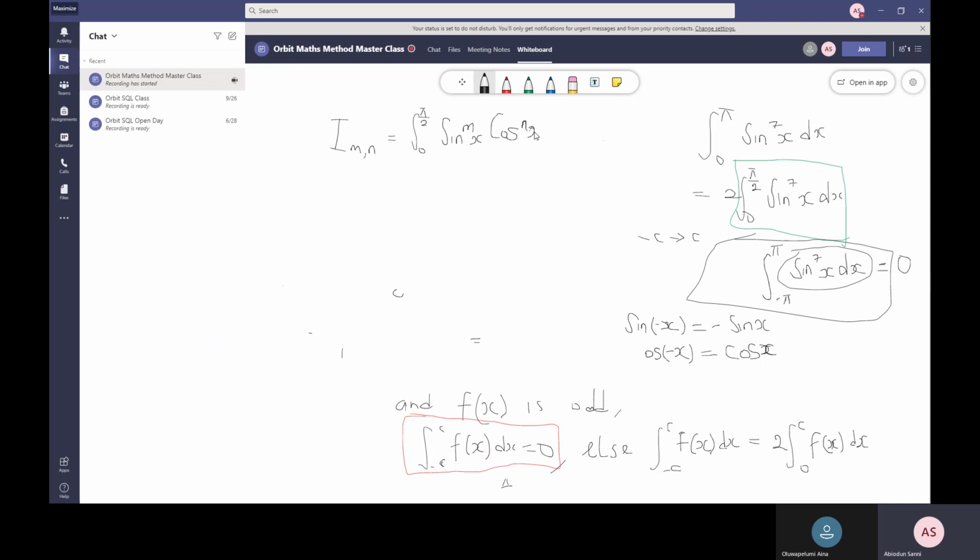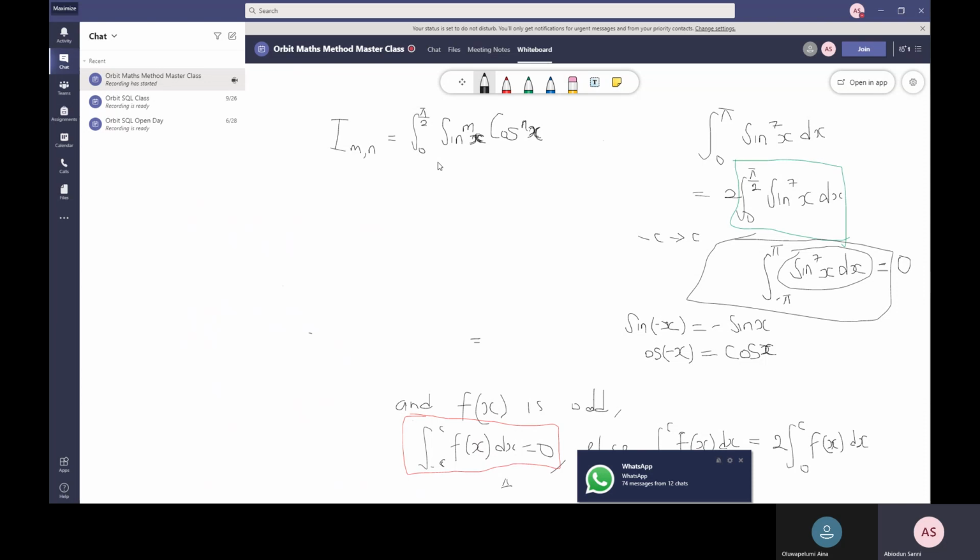So what is the formula for this? If I were in a physical class, I would have proved this for you. But if you want to prove this, you don't have to go through the stress of proving the reduction formula and then trying to show the Wallis formula. Just say recall that, if you know the reduction formula in your head, the reduction formula for I_{m,n} is equal to this, then start using the limits to validate the Wallis formula.